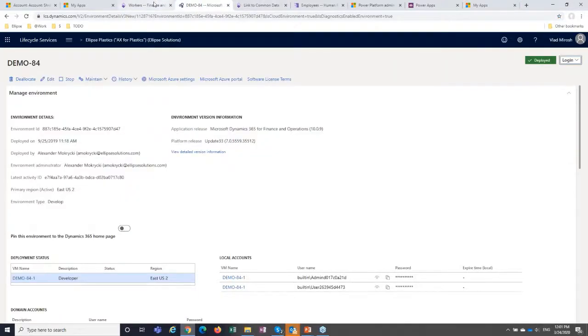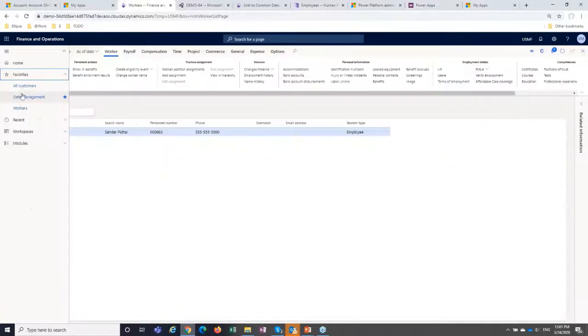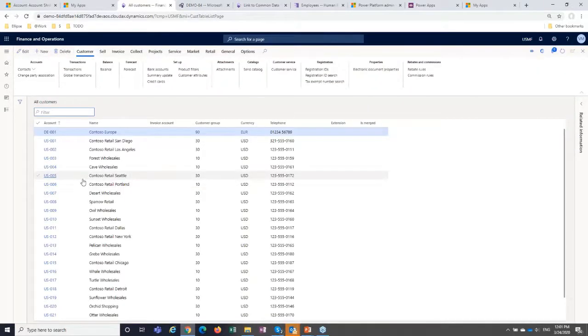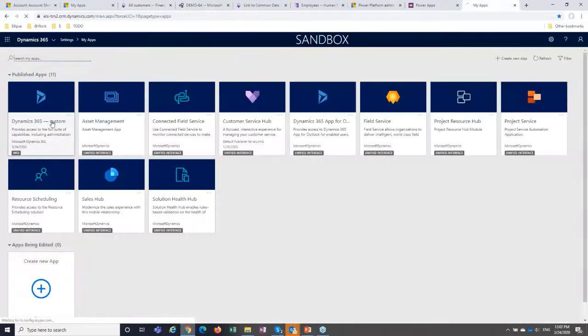And let's also find customers, all customers here. We'll demonstrate an update on one of the customers. So let it be 23, Shrike Retail. Let's open and check in both systems.